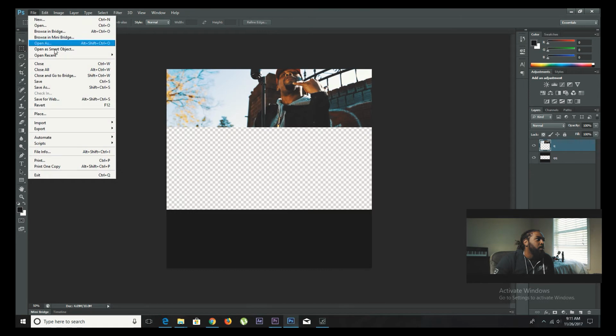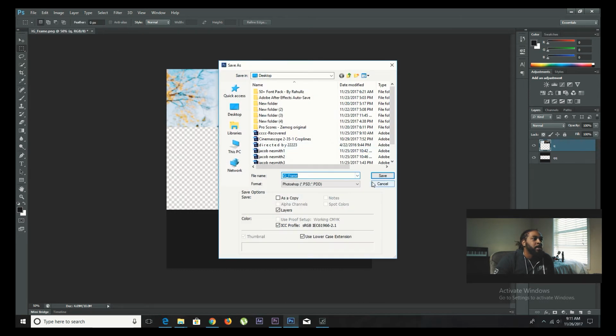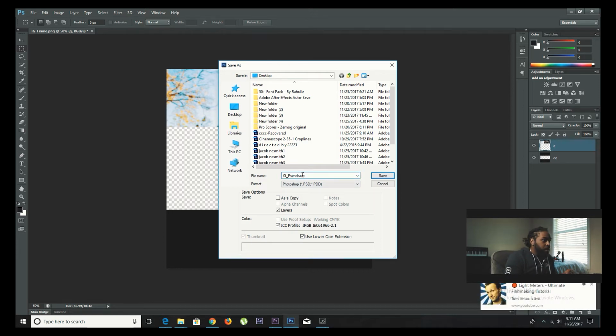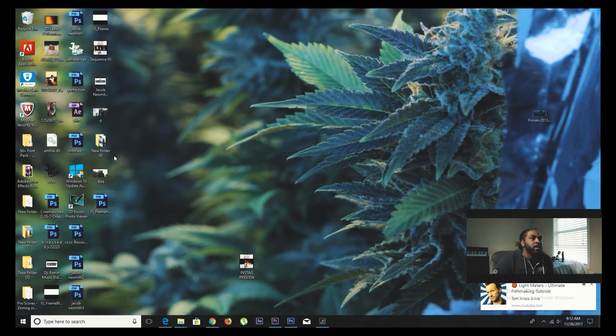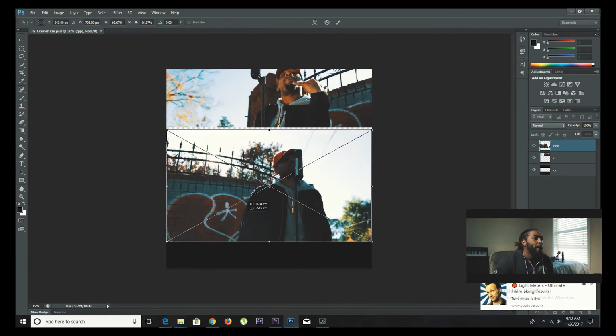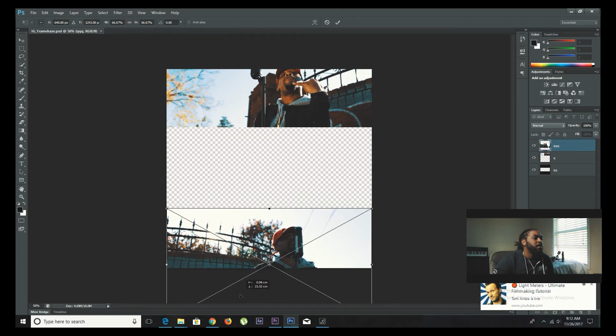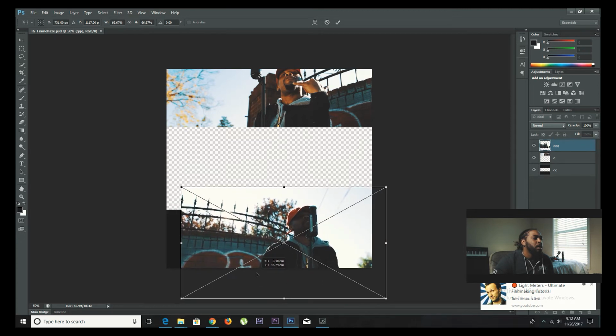Save, cancel, fumbling all over the place. IG frame. Just save it as a Photoshop. Just save it as I go along. Then the second one I can bring in here, drag down on the bottom, and as you see,